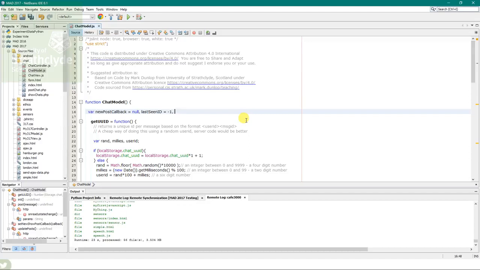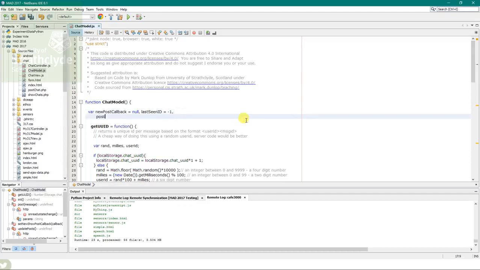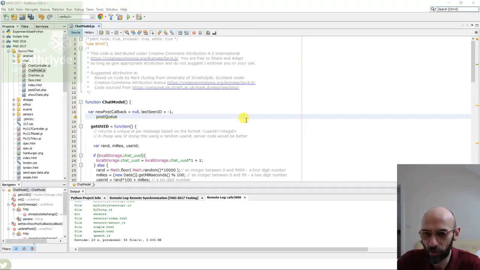I'm going to create a post queue variable. And my idea here is I'm going to stick things in a queue and then add them to the queue and remove them from the queue after we've got an acknowledgement back. So the post queue is a new